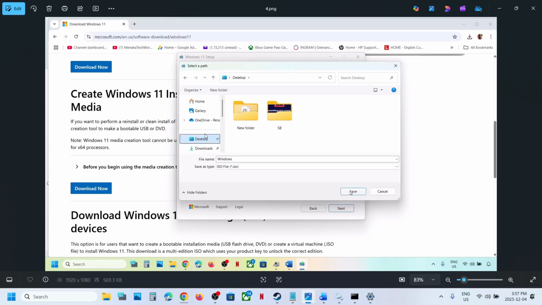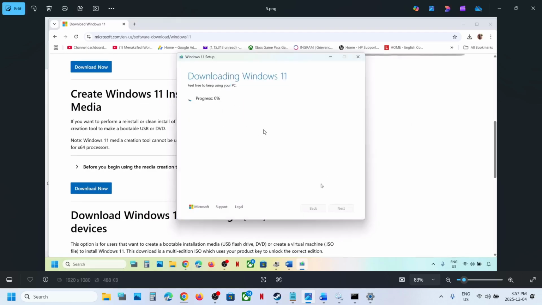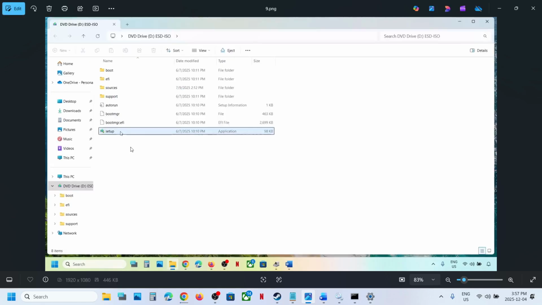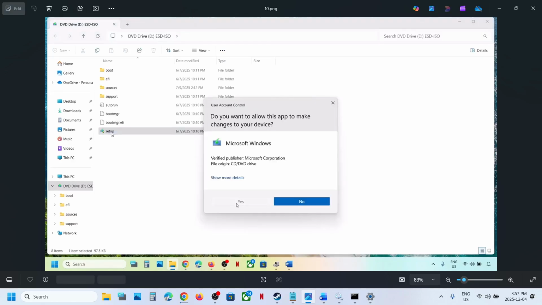You can save it to desktop, click on save and then let the download complete. This process will take some time. Once done, click on finish and then let it close automatically. This will take a couple of seconds, so maybe a minute to close. Once closed, go to desktop, make a double click on Windows ISO file, make a double click on setup file, click on yes to allow,